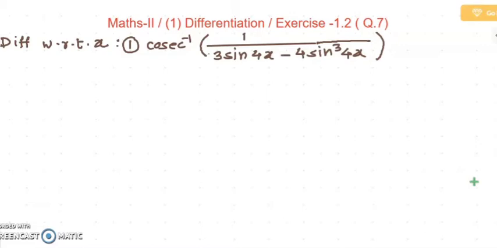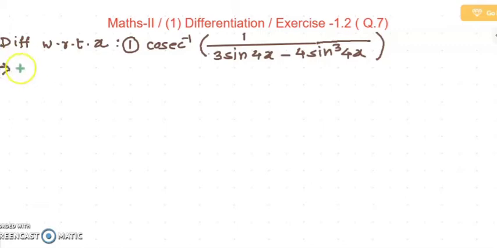I am now taking question number 7, where you need some trigonometric identities or trigonometric properties for solving these examples on differentiation. Here is one example you can see on the board. Cosec inverse of 1 upon 3 sine 4x minus 4 sine cube 4x. We have to differentiate it with respect to x. So what we do here